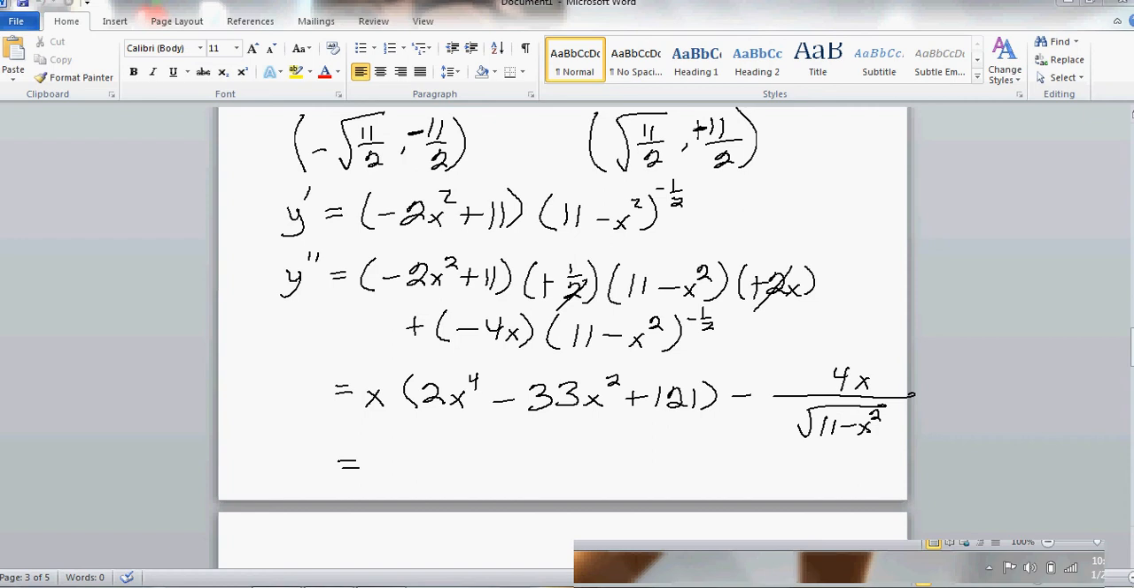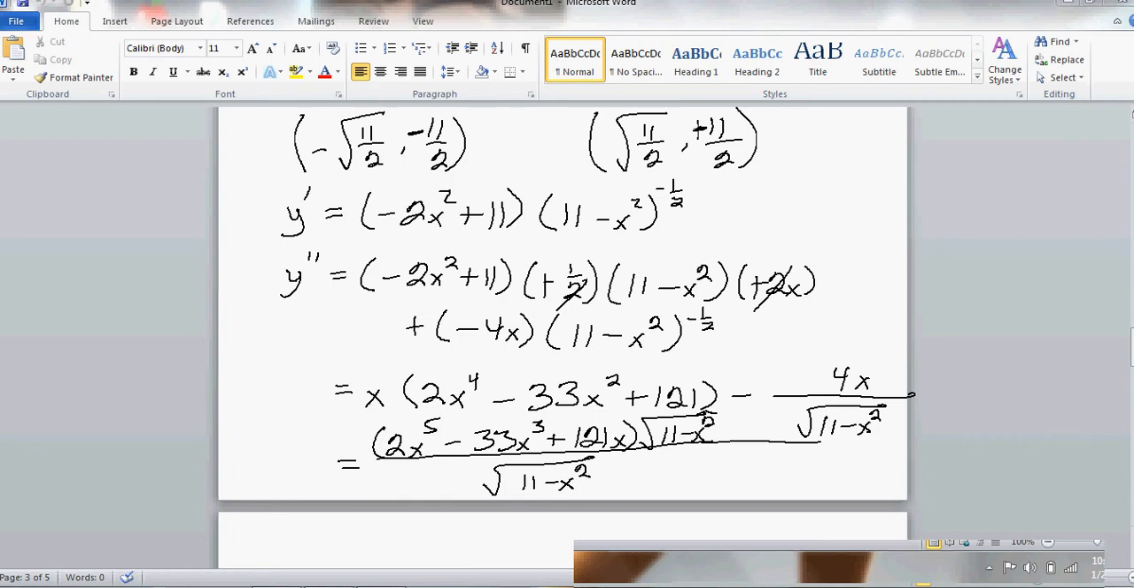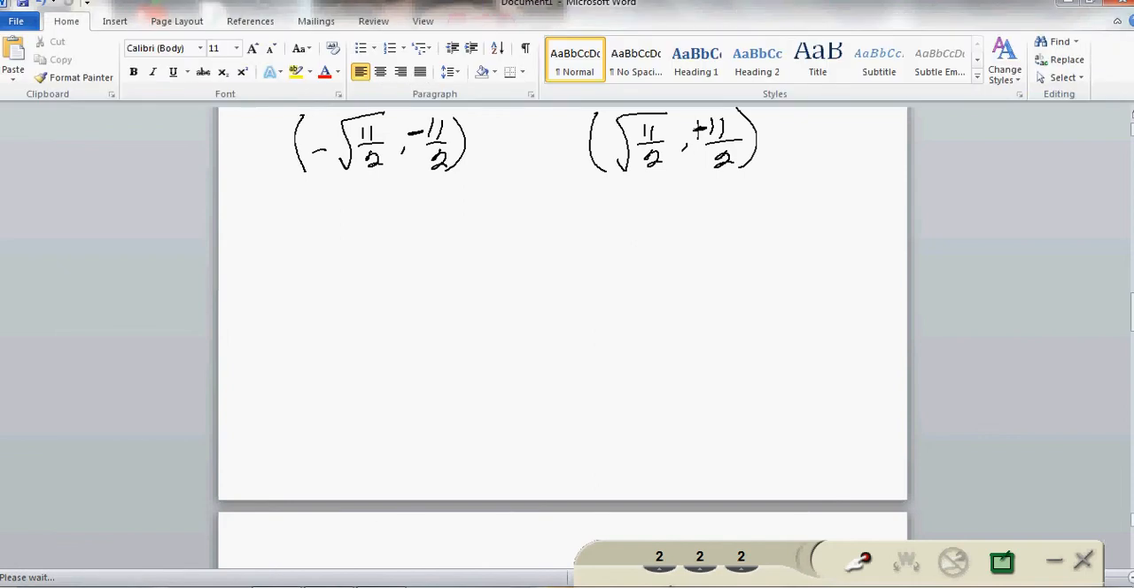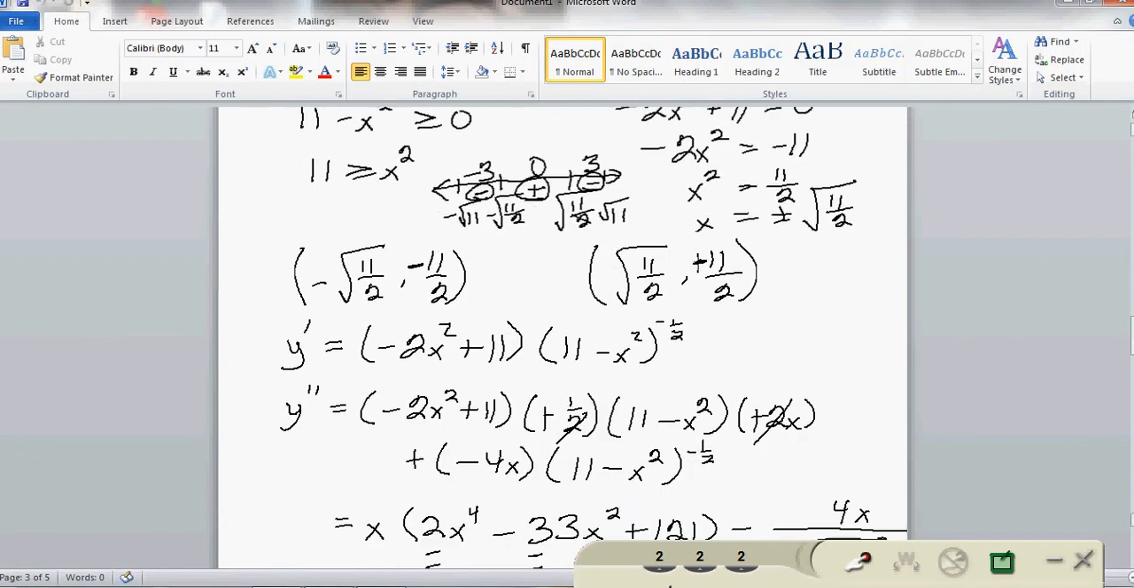And let's see. So to get a common denominator, it's the square root of 11 minus x squared, and then I'm going to go ahead and multiply this out, because what's going to happen is I'm going to have to multiply all of that by the square root of 11 minus x squared, minus the 4x here. So now